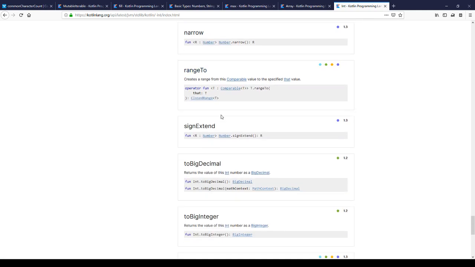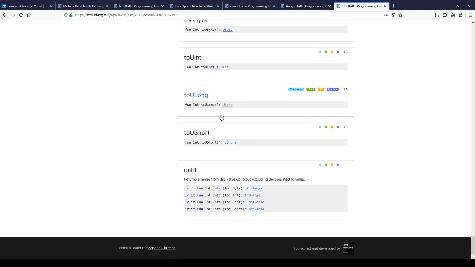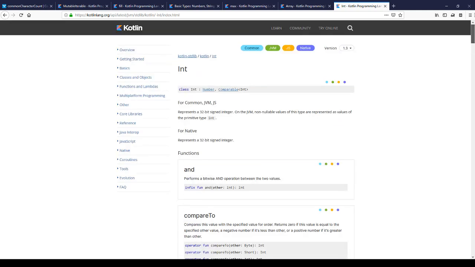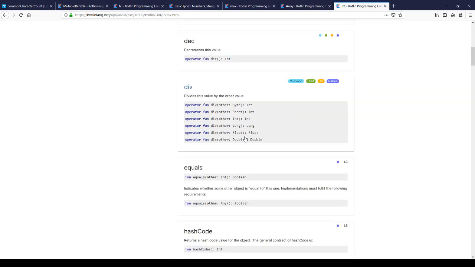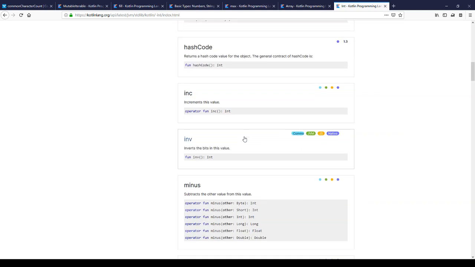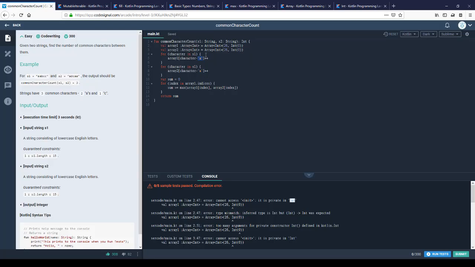Convert down to range to, no, these are not the thing that I'm expecting. Interesting, there's no constructor for it, but